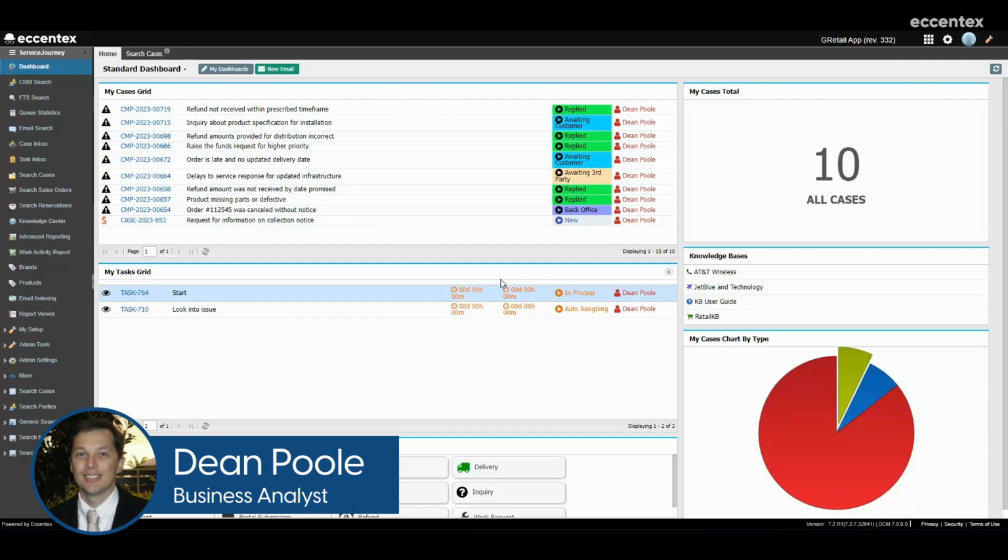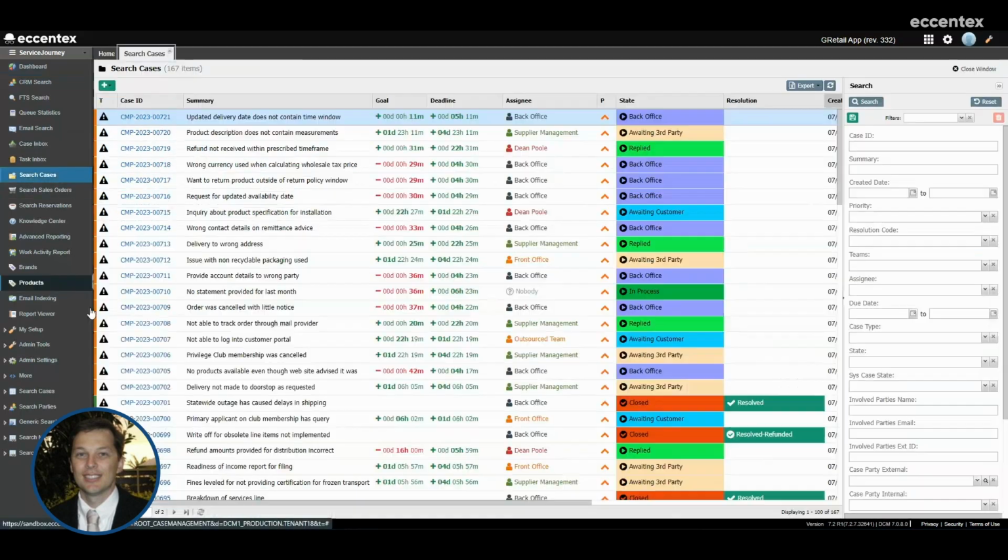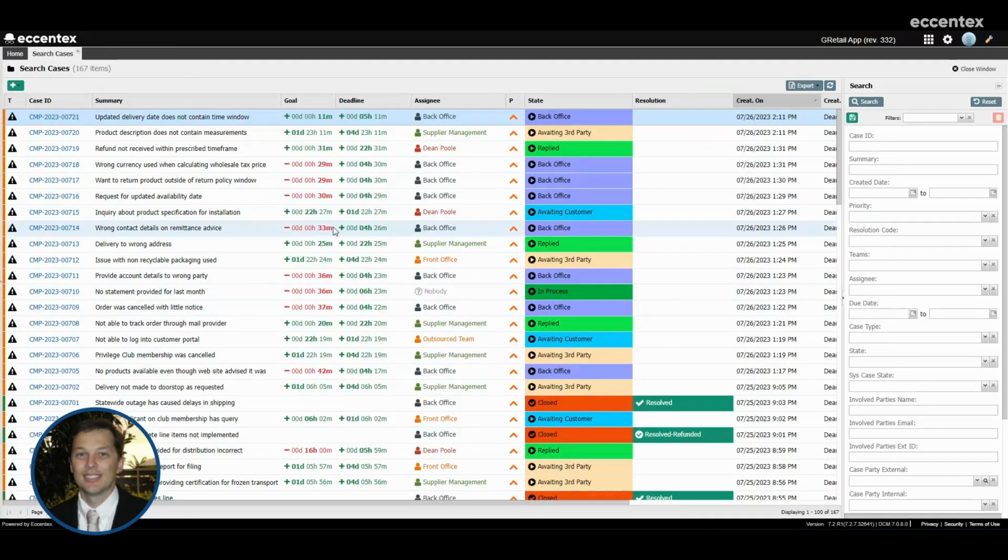An agent can search for a case using DCM's powerful search capability. For example, upon receiving an email or phone inquiry from a customer, the agent can search for their case information using the Search Cases option. Clicking on this option will open a search screen, where search results are presented on the left, and there are